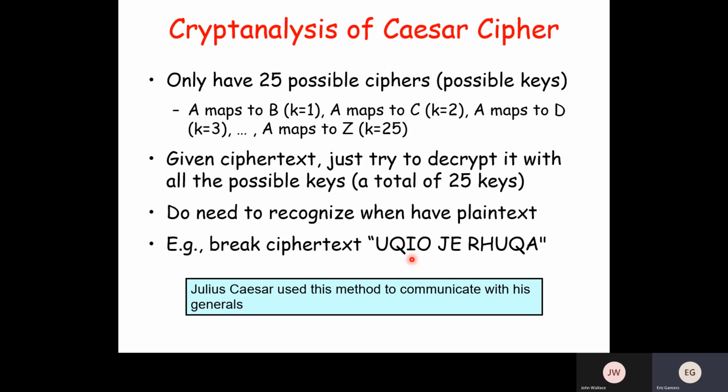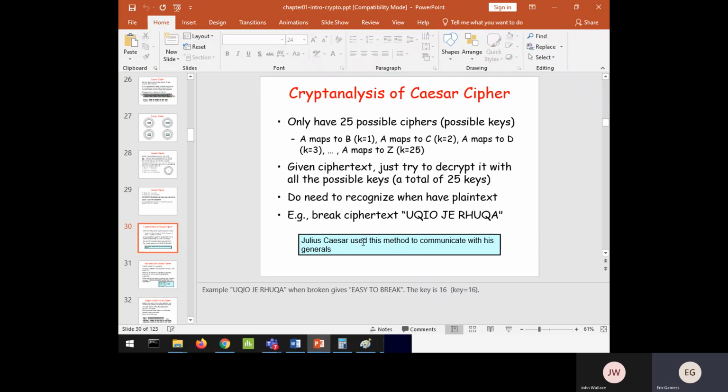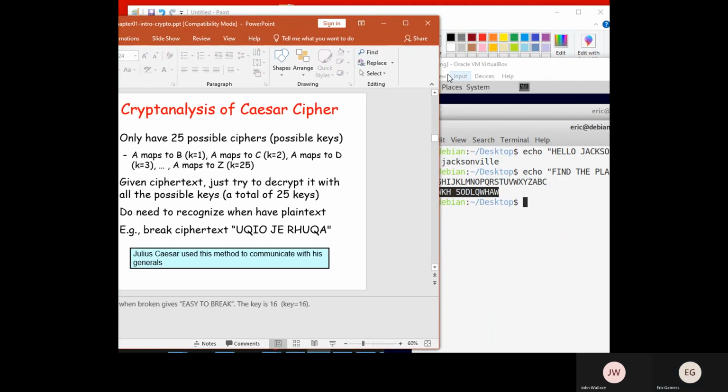Nothing compared to what we have today, 2 to the power of 128. It's a bunch of keys, 2 to the power of 120. Here it's 25 keys. That was the first algorithm that we know. Maybe other people have used algorithms, but historically we didn't know if they used, but we know that Julius Caesar was using this. So let's do a Python program that will try key 1, key 2, up to key 25, and will show us all the possibilities. And one, we will understand it, and that will be the key that the person used, and we will know the message. So let's do a Python program.